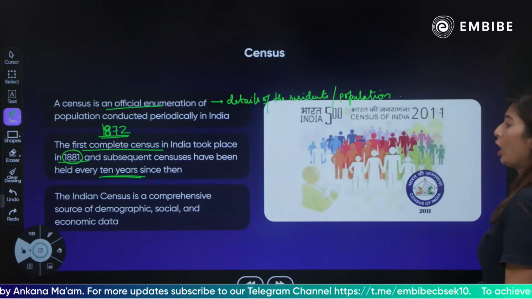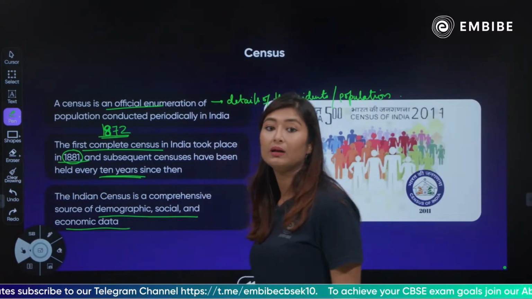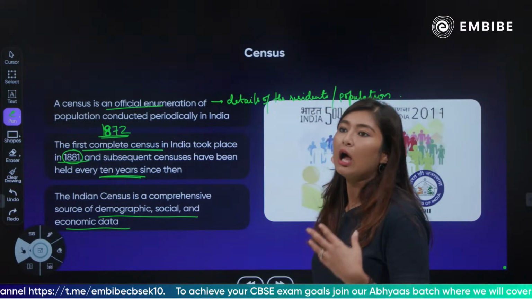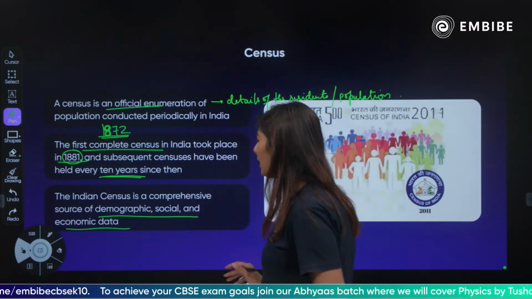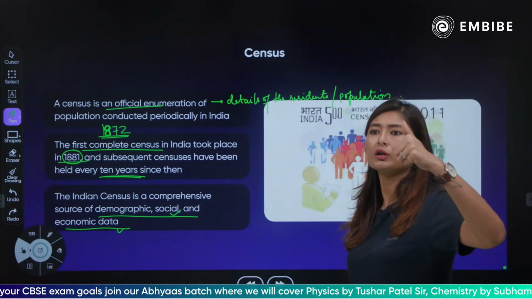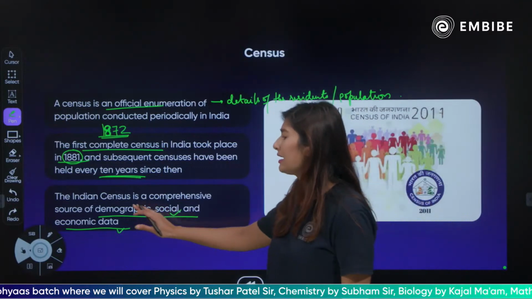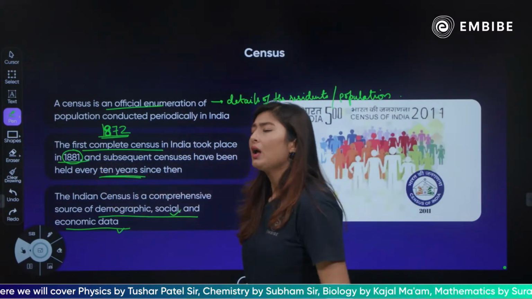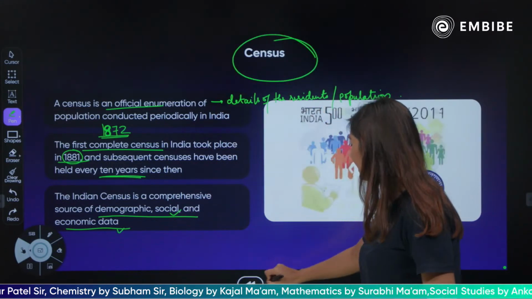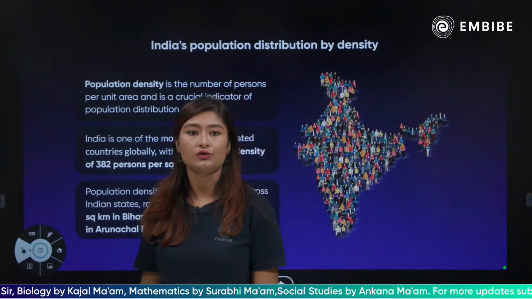So the Indian census is a comprehensive source of demographic, social and economic data. So it also tells us how many people are above the poverty line, how many people are below the poverty line, how many people are rich, how many people are paying what taxes. So it gives you a total idea. Economic data deta hai, social data deta hai. It tells us about the number of people following a particular religion, their gender, their ethnicity, their caste, all of these details, how many people are staying in which area. Each and every specific detail government has because of the census which is conducted. And it is very important to decide the programs and the policies that you want to run in your nation.